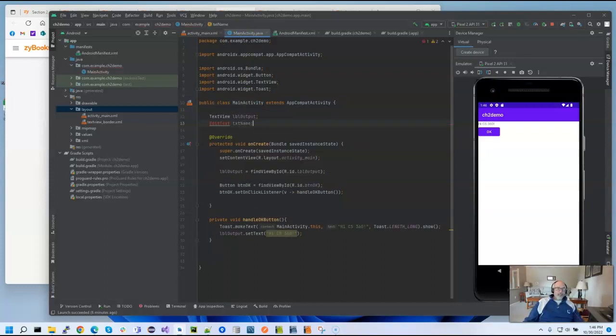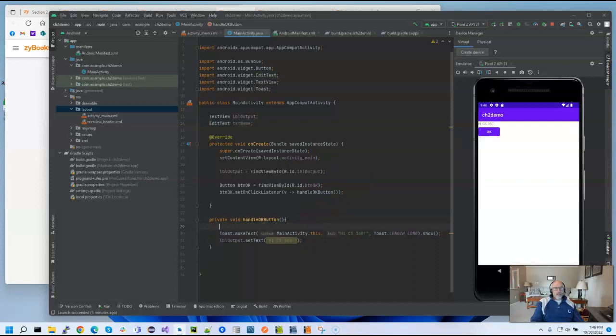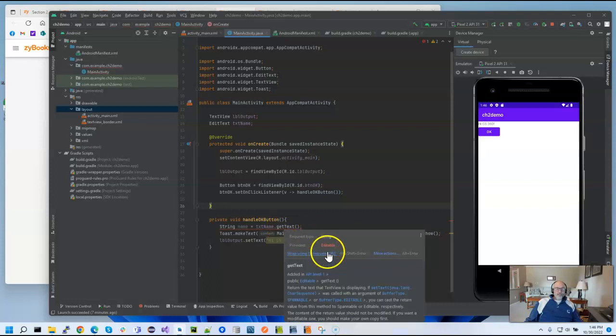I'll call it txt name. We'll need to do the import. And so let's handle that down here. So let's say string name equals txt name dot get text. And I got a typo. Let's get that fixed. So it's telling me that the get text needs to be wrapped using a string value